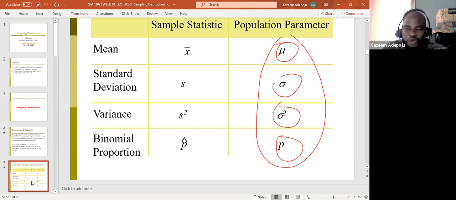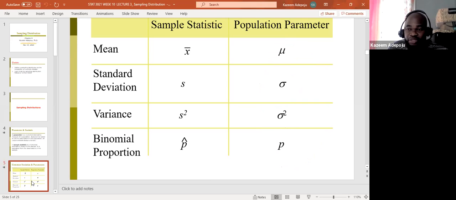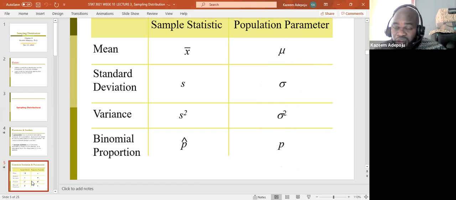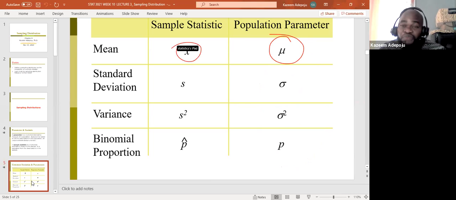So what I'm trying to tell you right now is that the population parameter could be mean, could be standard deviation, could be variance, could be proportion. Okay. Because we are not going to consider all items in the target population, what we're going to do is take a sample. Then when we're looking for the population mean, what we end up getting is going to be the sample mean.